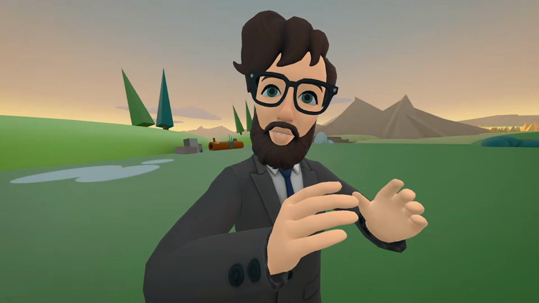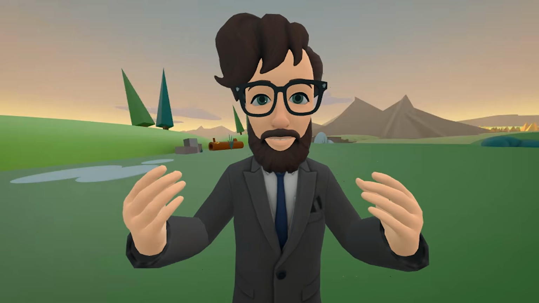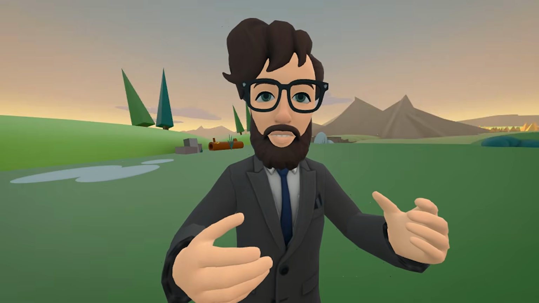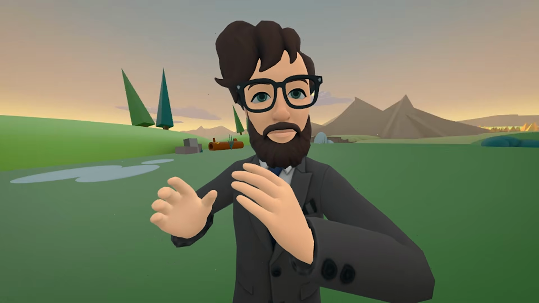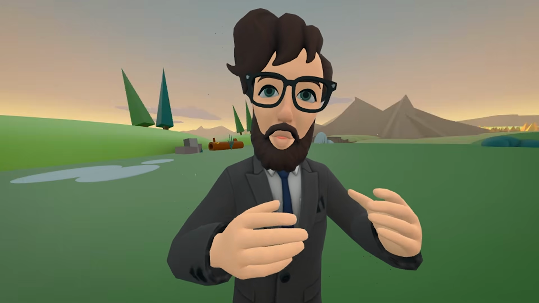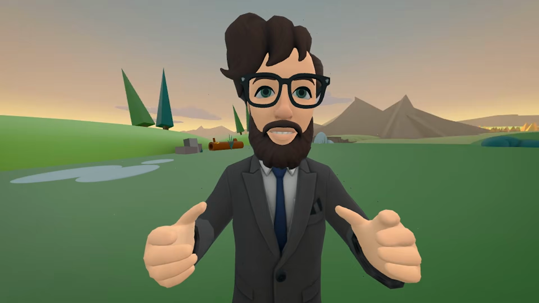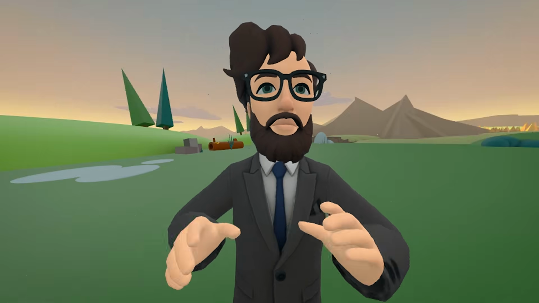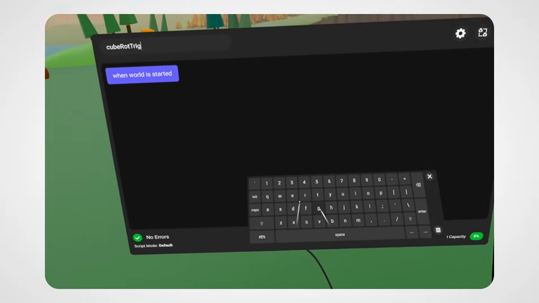Note that the triggers, just like most gizmos, are invisible to players and can only be seen while in build mode. An important thing to note is that for a trigger to work, you must attach a script directly to the trigger gizmo, which means that my original script that was intended to be attached directly to my spinning cubes isn't very useful anymore. So rather than editing this script, I'll grab a new script gizmo and name it Cube